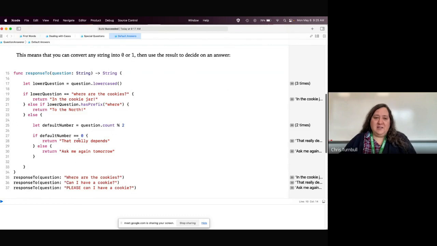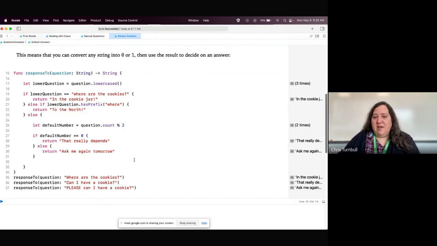If it does, if that default number is equal to 0, so if it doesn't have a remainder, then we're going to return this string. That really depends. If it doesn't come out evenly, if we've got a remainder from that character count divided by 2, then we're going to go with the default, which in this case will be returning the phrase